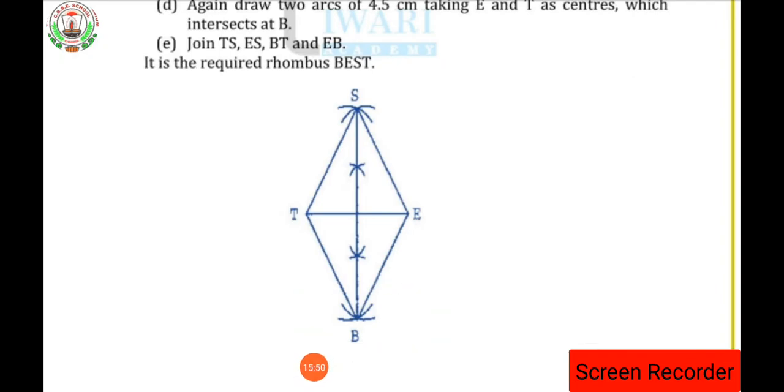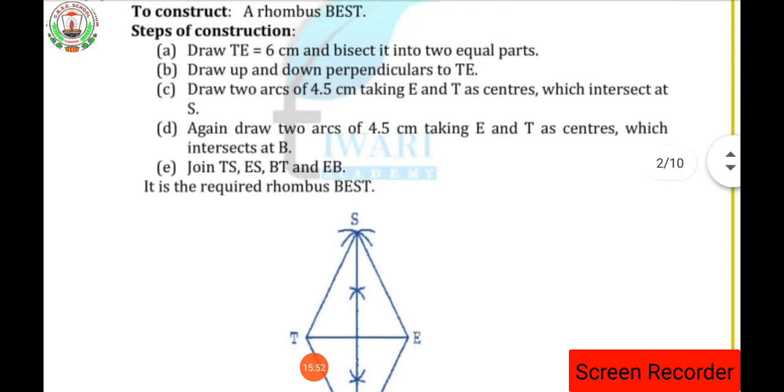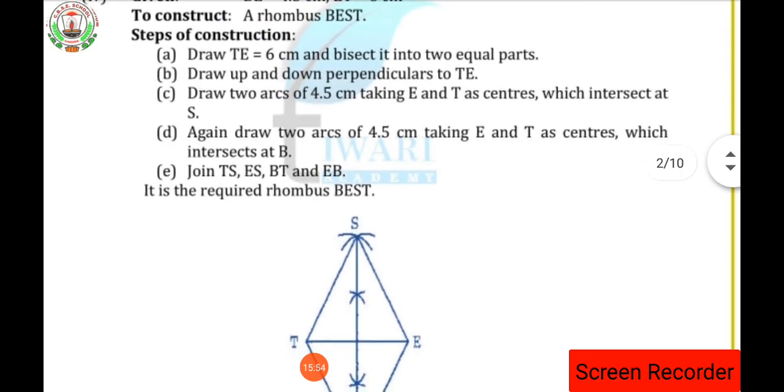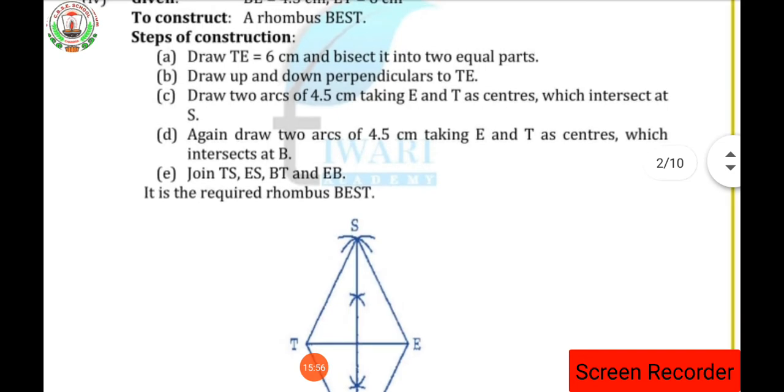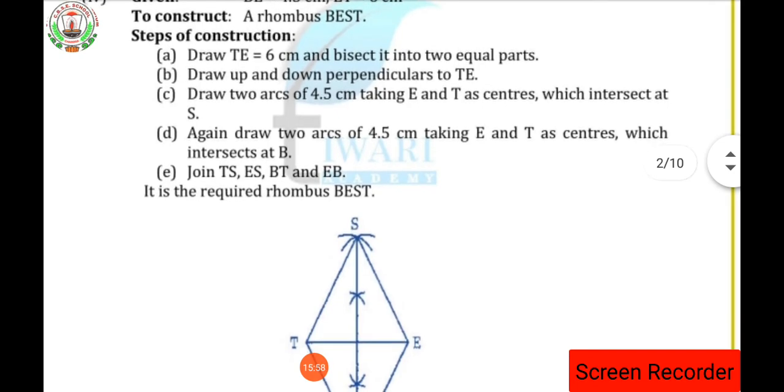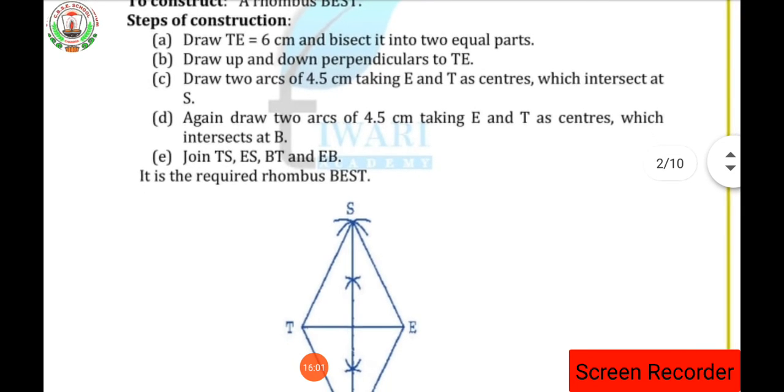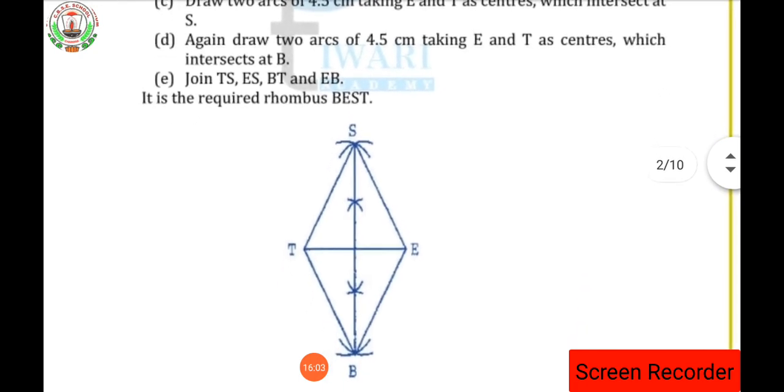So dear student, this is the solution for the question. So try to draw each and every question on your own. If any doubt is there, please ask me through my WhatsApp number. Okay, so I hope you people understood how to draw the construction. If you can't draw, listen to the words which I said. According to my words only try to draw, then it will not be difficult for you.